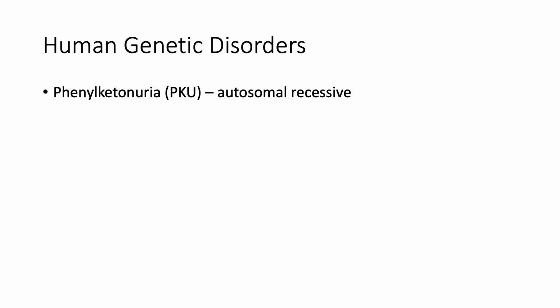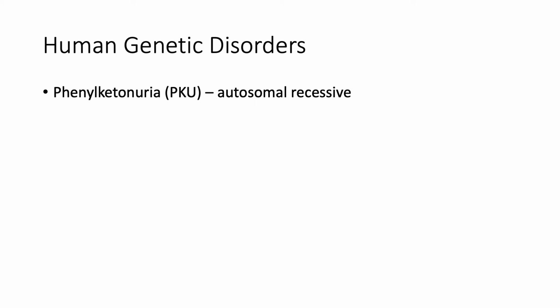Okay, now I'm going to be going over a series of human genetic disorders. So all of these are diseases resulting from mutations in a gene or a few genes. First of all, phenylketonuria, or PKU, is an autosomal recessive disorder, which remember means that its gene is found in a non-sex chromosome plus it's recessive. It happens when the amino acid phenylalanine cannot be broken down. Compared to the other disorders we're going to go over, it's relatively easy to treat.